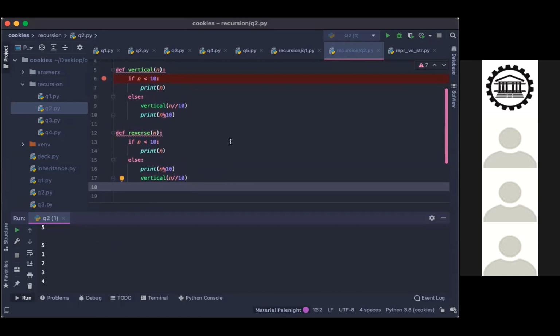Vertical is called again. 12345 integer division 10 is 1234. So it's thinking that when it's calling vertical again, it's less than 10 each time.